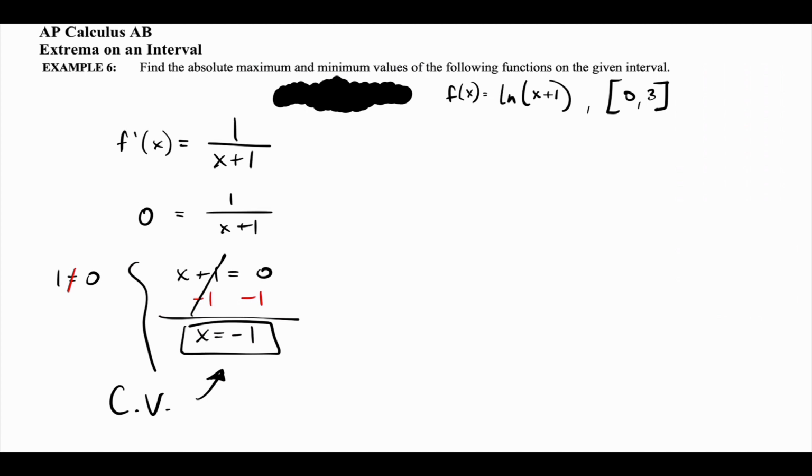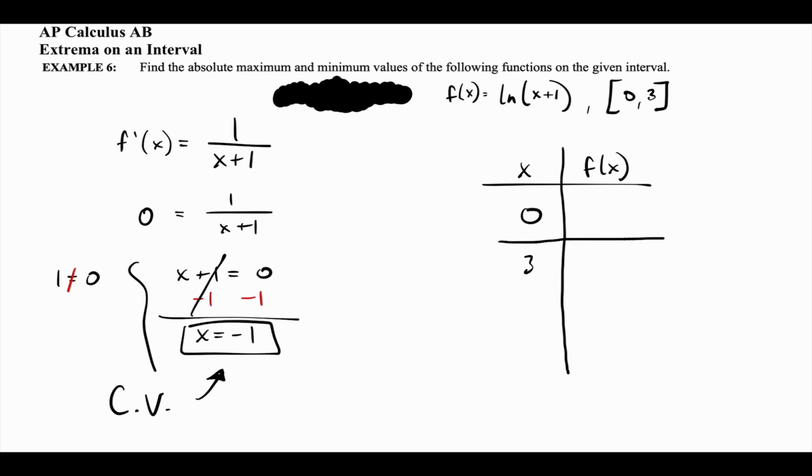So they want absolute, right? So since they want absolute, we go to our table. x, f of x. I will start with the beginning of the interval, 0. The end, 3. And then